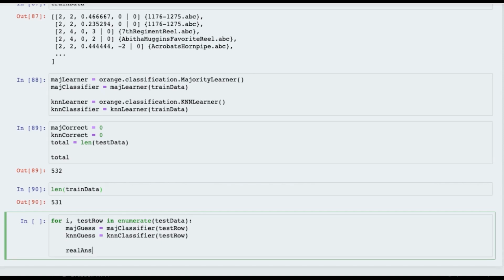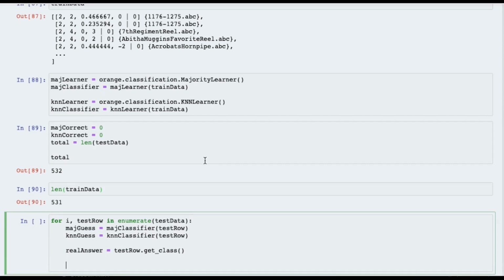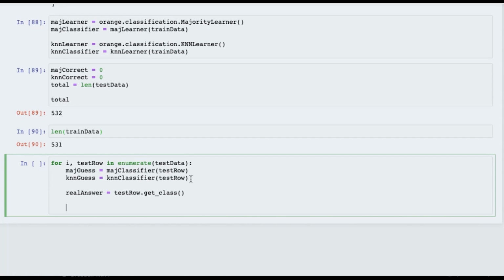And then we get to see, in this case, what the actual answer is, what the class is, whether it's a jig or not. So that's our real answer. So we know this, but k-nearest neighbor is not allowed to look at this. We really hope the computer's not peeking, otherwise all of artificial intelligence is kind of screwed. Okay, we'll just print out some test data,